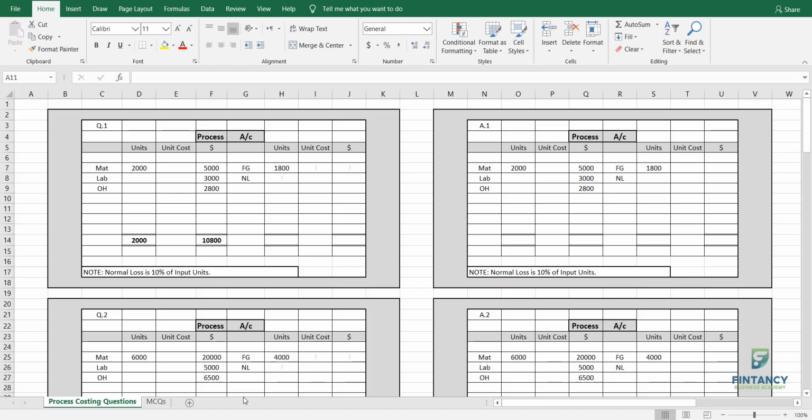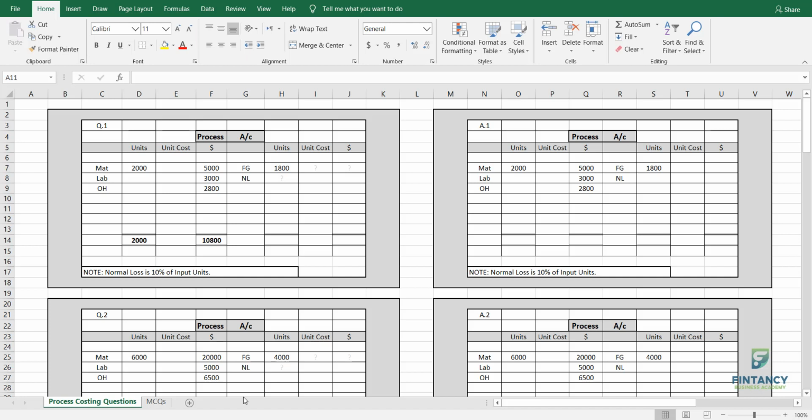So at the end of the month, there is some material which is still under process, I mean under manufacturing operations, right? So how to handle that we will learn in this area. Very important topic and very interesting also. I will try to make it as simple as possible for you.